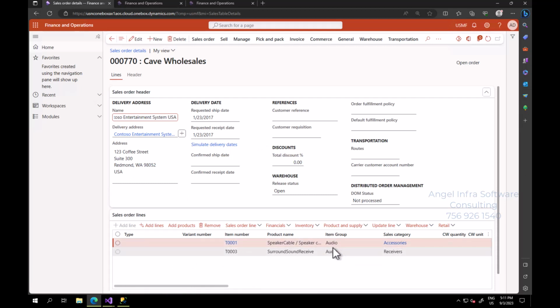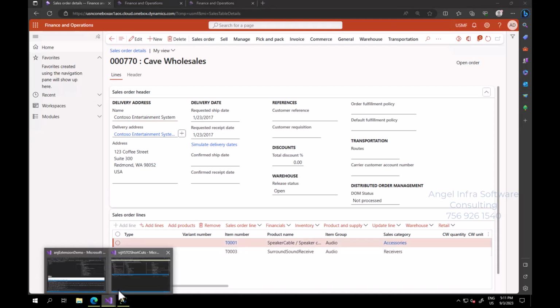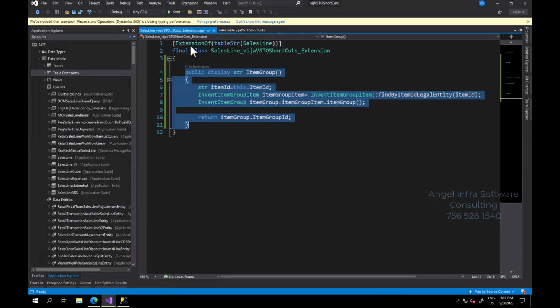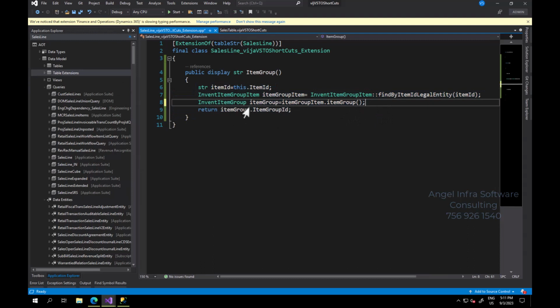To make this video short, I kind of skipped how I have written this code. There is a way you can do this by finding out the relations in the tables. For more information on how to identify the relations and how to identify the find methods and all, you can